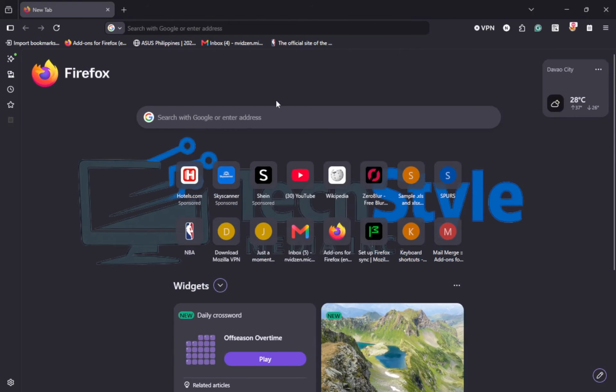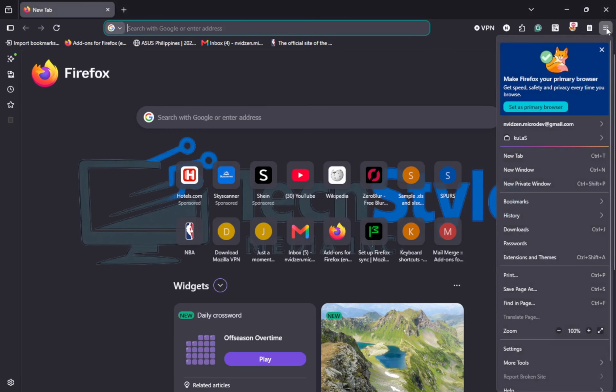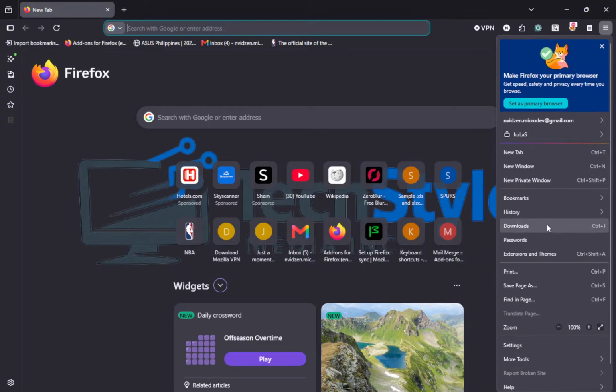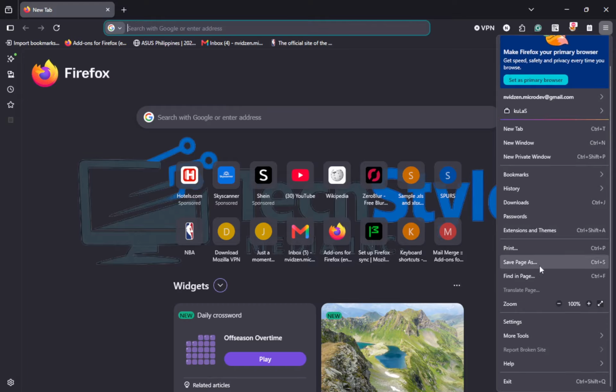Now move your mouse to the top right corner of Firefox and click the three horizontal lines menu button. This button opens the main Firefox menu, and it looks a bit like a small stack of lines. If you click the wrong area and nothing happens, just move slightly and try again until the menu appears.